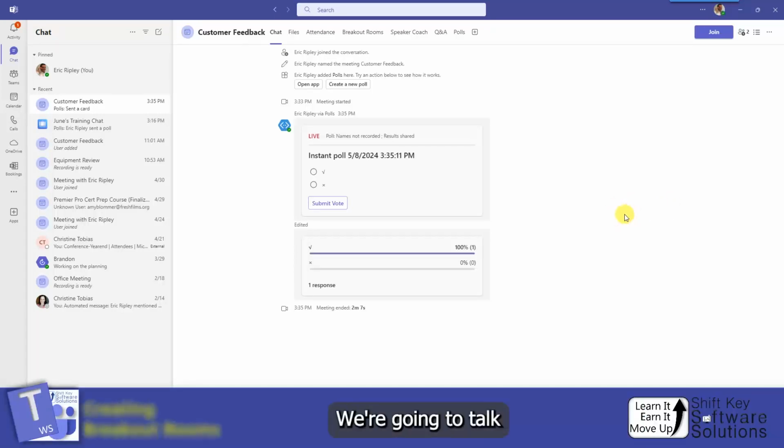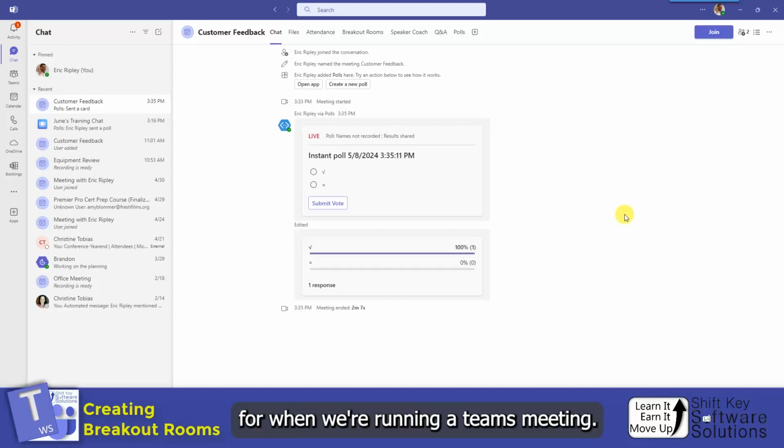In this exercise, we're going to talk about creating breakout rooms for when we're running a Teams meeting. Now, what the heck is a breakout room? A breakout room is similar to, I think of it as a big conference room. Off the sides of the conference room might be smaller conference rooms so that we can take a large group